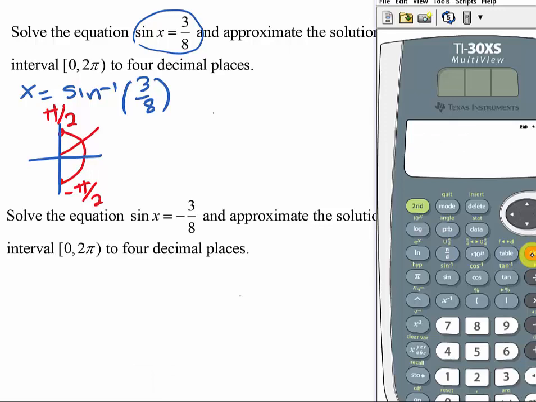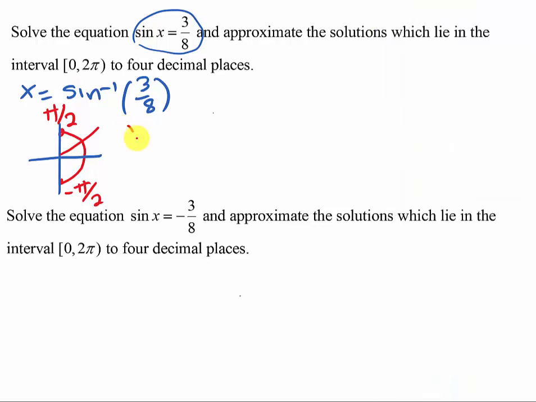One of the things we want to be careful of is to make sure we're in the right mode. So I need to be in radians since I want solutions between 0 and 2 pi. If I'm in degrees, inverse sine would give me something in degrees. So make sure we're in radians. Then I'm going to do inverse or second, hit the sine, and 3 divided by 8. And this gives me one solution in radians, and that's going to be 0.3844 rounded to 4 decimal places. So x equals